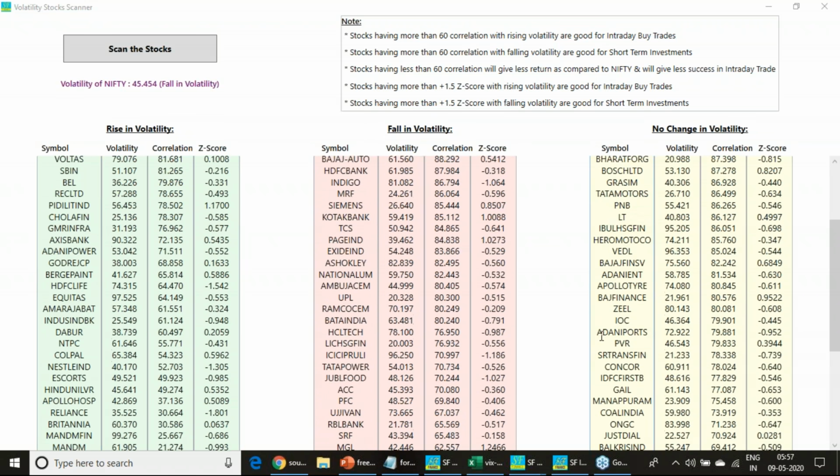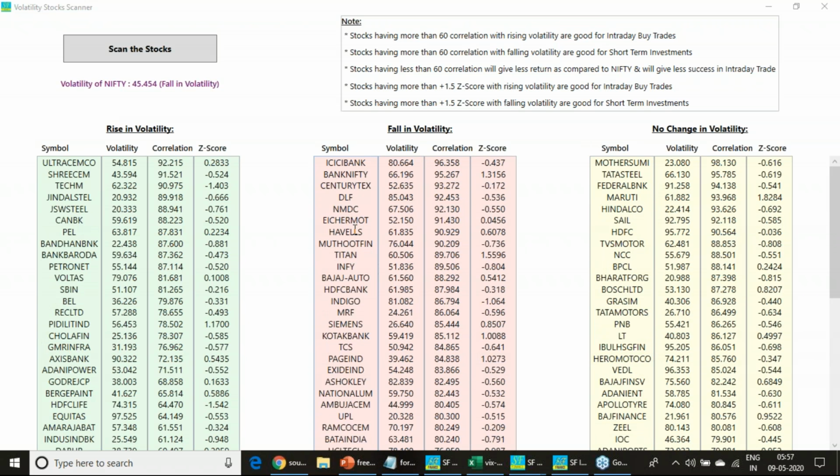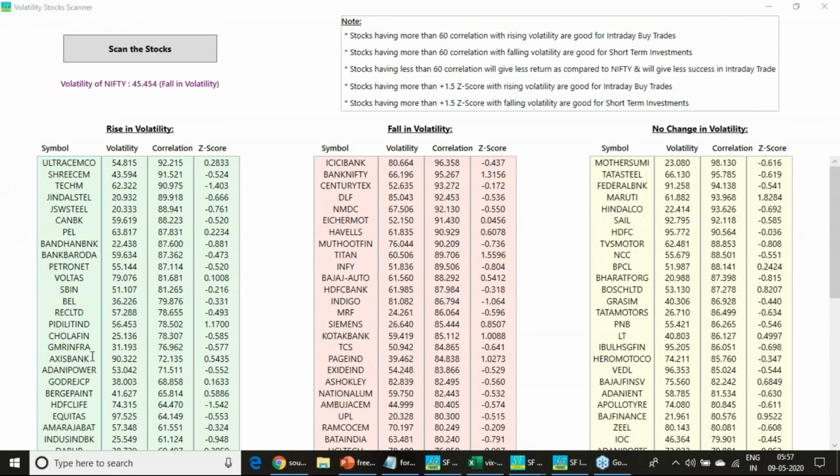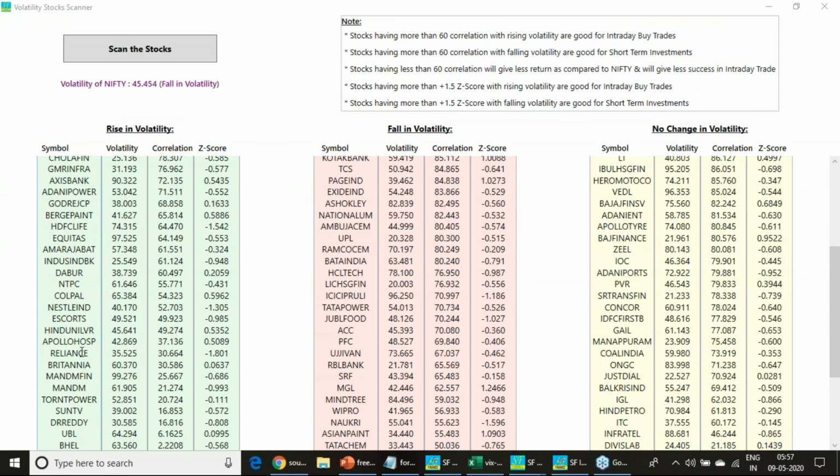Now someone was asking about Reliance. Which segment is Reliance coming under? We have to first find it out. So here is Reliance. It is a rising volatility condition, but correlation is very poor, 30% correlation. So the Z score is negative 1.43. Buying of Nifty and selling of Reliance is advisable based on this Z score, 1.8 if